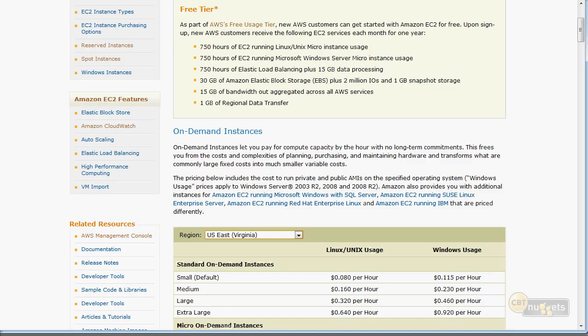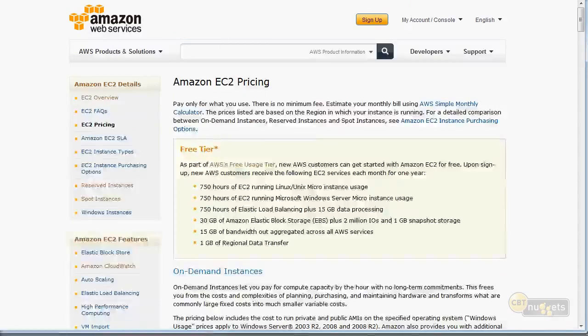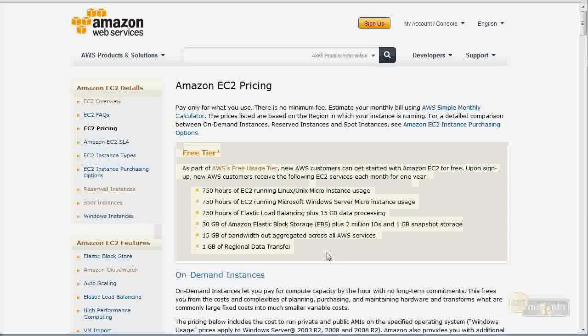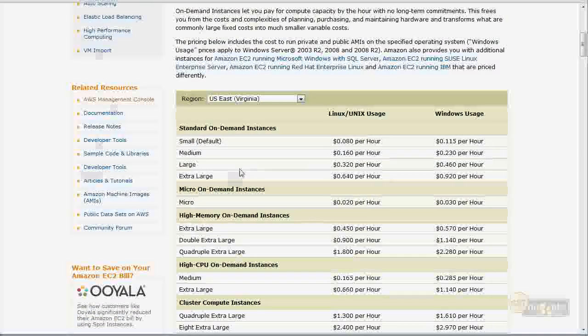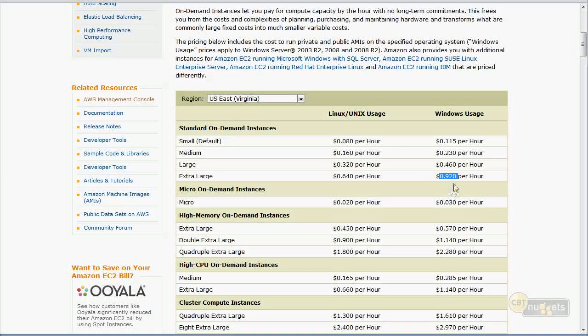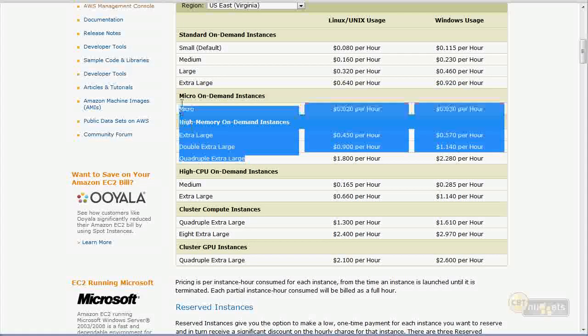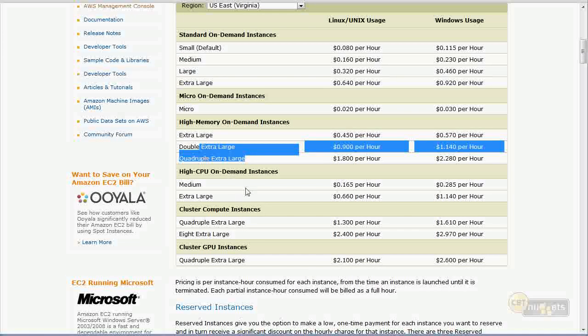Now, most people don't think of it that way. I'm taking you straight to EC2 pricing on the AWS website, and you can see as I scroll down, I have the on-demand instances. This is what I'm saying. I can walk in, grab an extra large Linux server or Windows server for an hour, and for a Windows server, I pay almost $1 to use that extra large instance. Notice first off, the pricing is different because Amazon is including the licensing charges they need to pay to Microsoft to run Windows. And by the way, in the next nugget, I'm going to explain all the different sizes of servers that we have at our disposal and what the difference is.